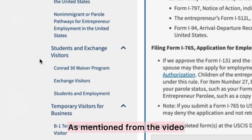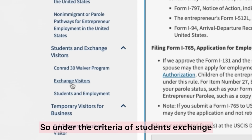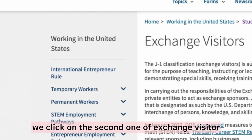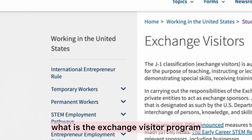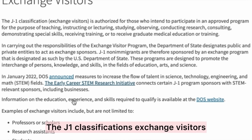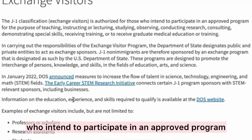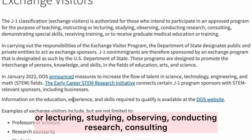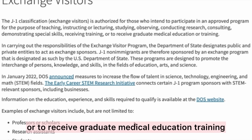Alright, so as I mentioned in the video, we're going to learn about the exchange visitor. Under the category of students and exchange visitors right here, we click on the second one, exchange visitor, to learn more about what the exchange visitor program is. The J1 classification for exchange visitors is authorized for those who intend to participate in an approved program for the purpose of teaching, instructing, or lecturing, studying, observing, conducting research, consulting, demonstrating special skills, receiving training, or to receive graduate medical